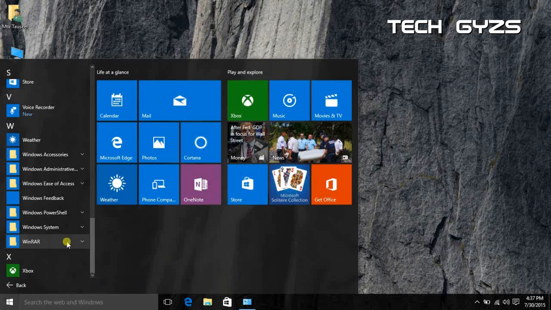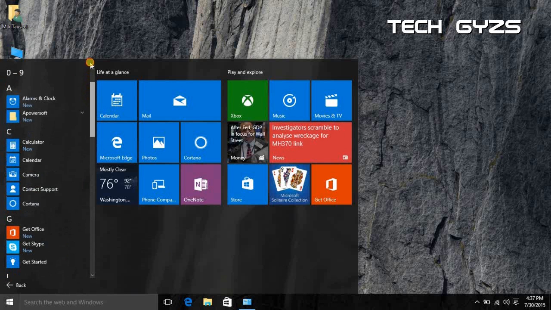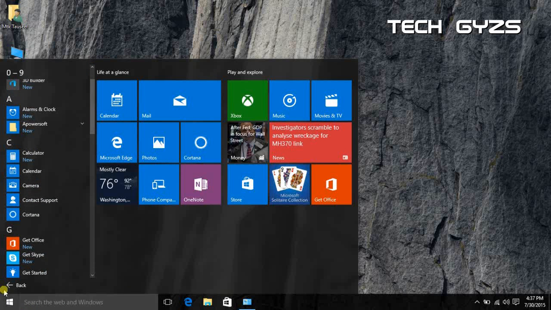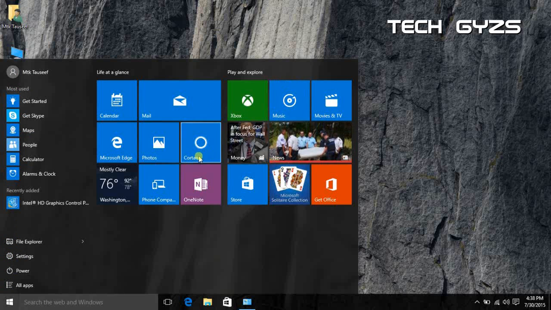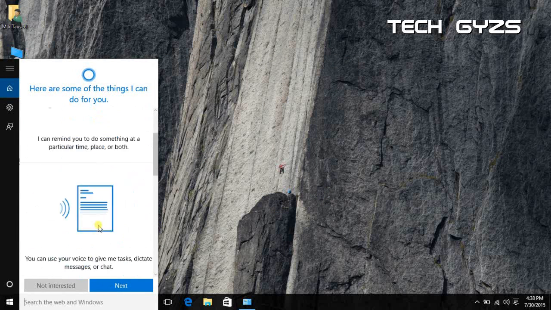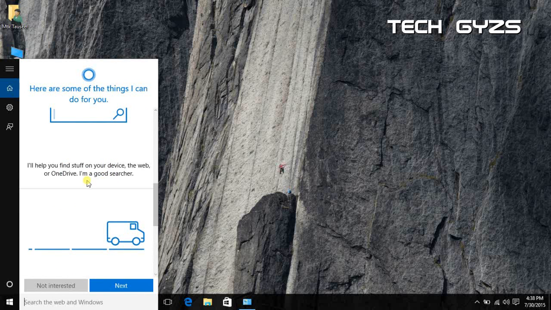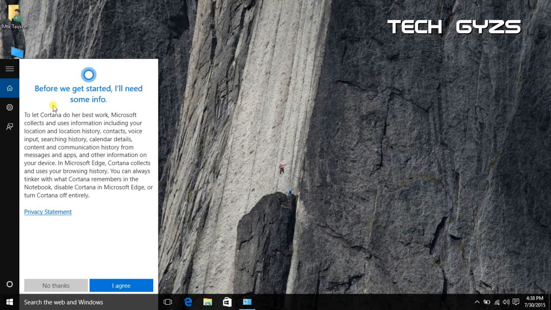When you click on the location, it will allow apps to access your location. At the same place, again, here's the option for all apps, like installed applications and software. You can access them from all apps. You can click and drag and drop any app. If you click on the camera and drop it here, then it will be set on the tile bar. You can expand or collapse this start menu according to your need.